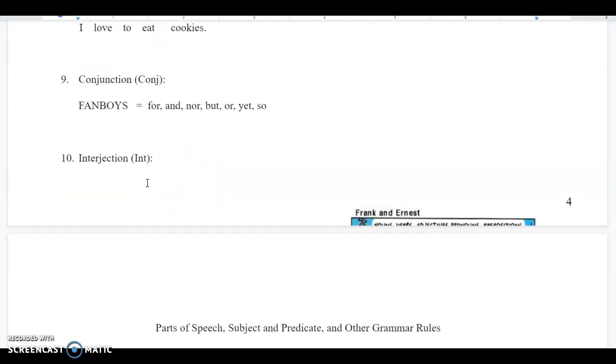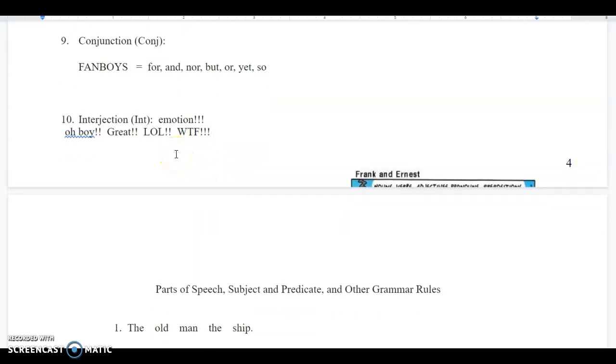Okay, last one, interjection. Interjections are words and phrases that show emotion. Okay, and it usually ends with like exclamation points. So for example, words like, oh boy, right? That's great. Or if you're texting, right? If you say like LOL or WTF, right? Those are interjections. So next time when your friend texts you like WTF, right, you can text back and say, wow, you just texted me an interjection. All right, so those are your